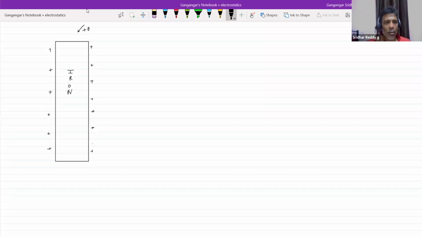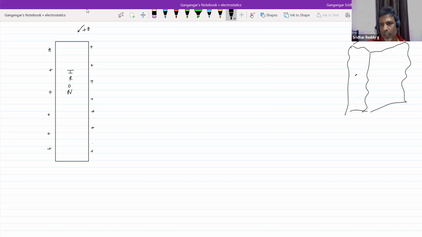The charge will reside on the surface of the conductor only. Charge will reside at the edges. It's a large conducting plate. What we're discussing is of this kind. So I'm only interested in these flat faces here. I'm not bothered about this face and this face. Are you getting it, all of you? As it is thin, it doesn't matter. We are bothered only about the charge on this face and the opposite face, and I'm going to focus more on that. As this is thin, the amount of charge present on the edges will be negligible. Let's assume that. So I now want the electric field due to this particular charged conducting plate.